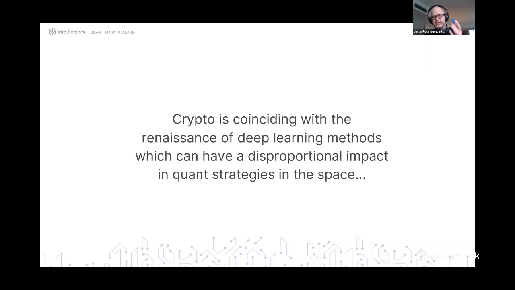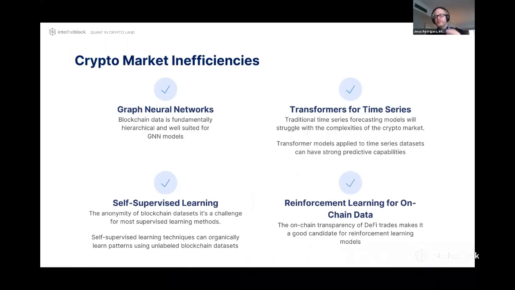So there are different ideas on the machine learning side that we think are cutting edge and relevant for crypto. For instance, this idea of graph neural networks that's been around since the 90s: the idea of building neural networks that could work with graphical structures instead of more tabular structures. This was computationally impossible to do a few years ago, but now it is.